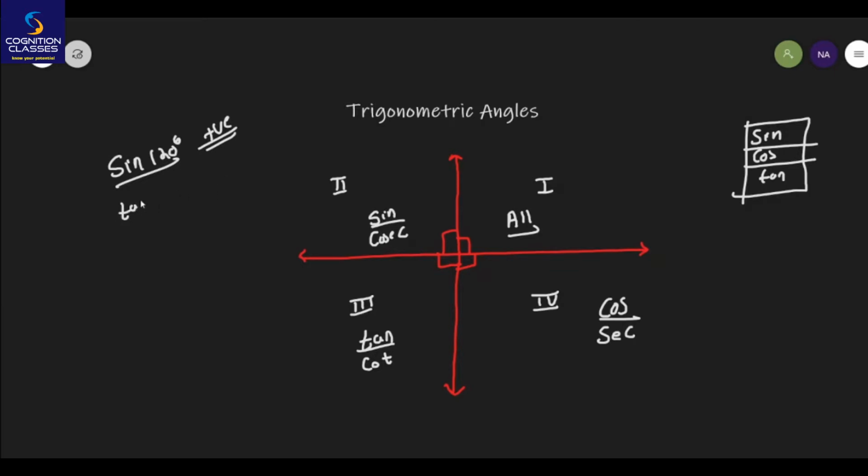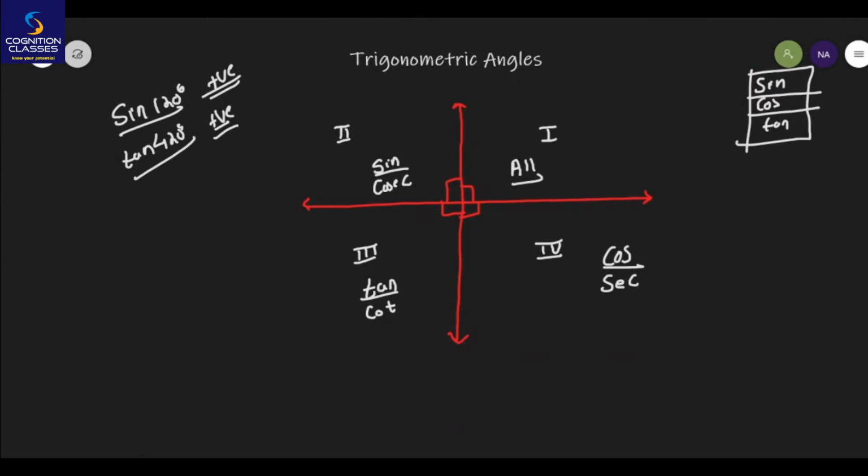If someone asks me the value of tan 420 degree, let's check. If we move from here through a complete circle, it becomes 360 degree, then 360 plus 60 going once again gives us 420 degree. So we come back into the first quadrant, and I can say that the value of tan 420 is positive. What is the value? We do not know as of now, but I can tell surely that it is positive. This is how you can check whether a given trigonometric value is positive or negative. I hope this concept is clear to you.